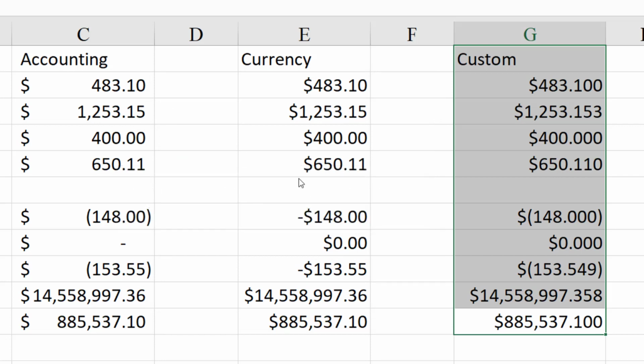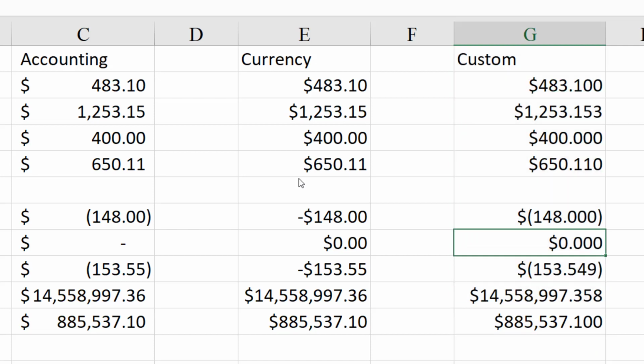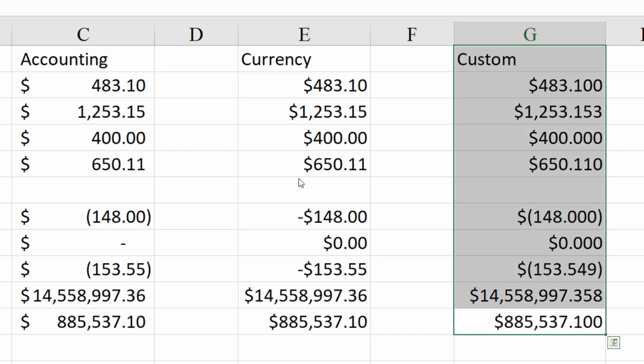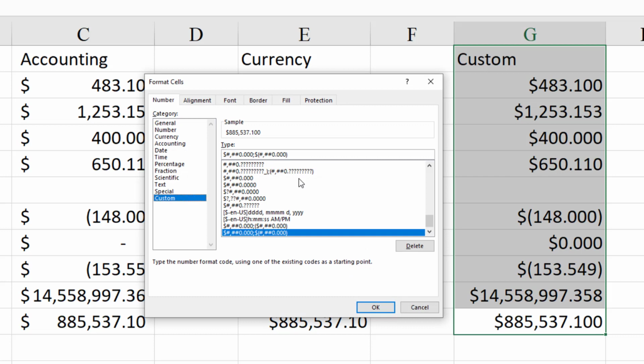And you'll notice that in this case, though, we see some differences in these values. You'll notice that this negative value and this positive value are off as far as aligning the decimal point. So we're going to try to align the decimal point for these values. And what we need to do is have Excel believe that there's going to be the space for a right parenthesis on positive values as well. And so we need to use this custom number formatting in order to do that. And what I'm going to do after I hit Control 1 and then tab over to type so I can edit this format,